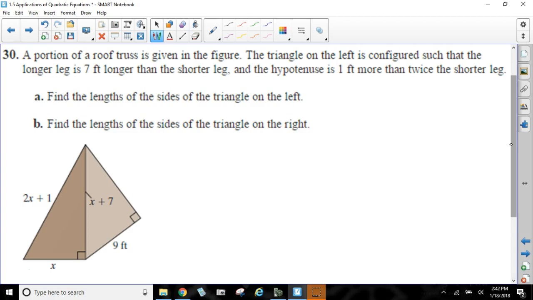And it says the hypotenuse is 1 foot more than twice the shorter leg. So for part A, we're going to find the lengths of the sides of the triangle on the left, the darker shaded one. Let's zoom in on that for right now and let's figure it out. So for part A,